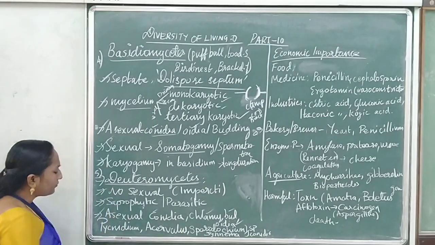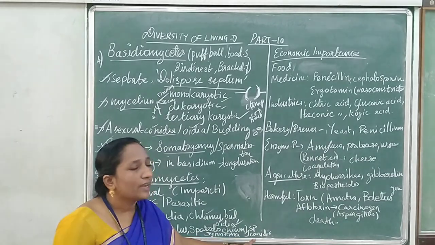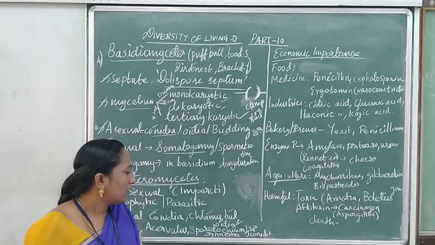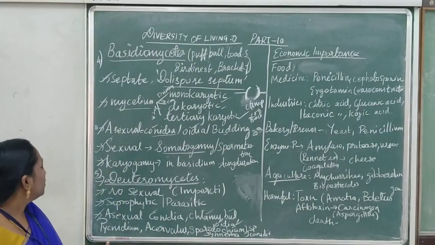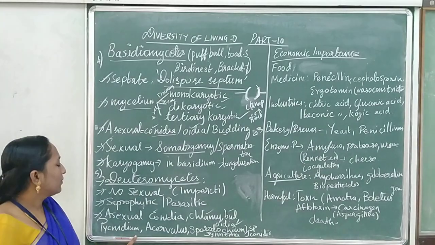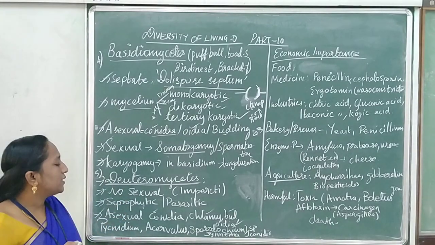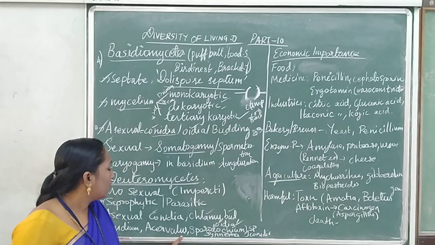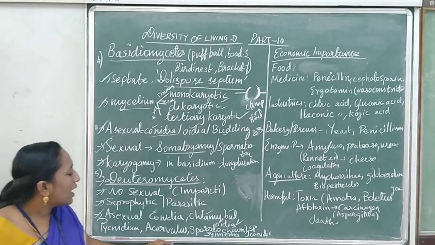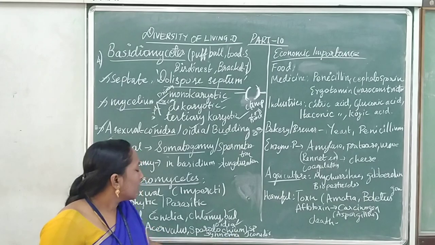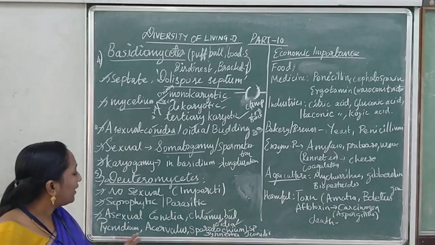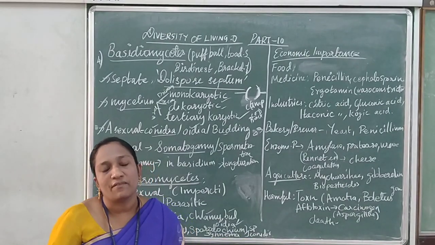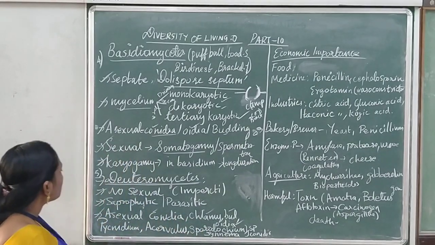And next, certain conidia have different shapes. Due to the structure of conidia, there are different special types available. One is called Pycnidium, a type of Deuteromycetes having a special type of conidia, and the second one is Acervulus. So it is the second type, and Sporodochium and Coremium. These are the certain varieties of Deuteromycetes because of having special types of conidia. Children, is it clear up to this?